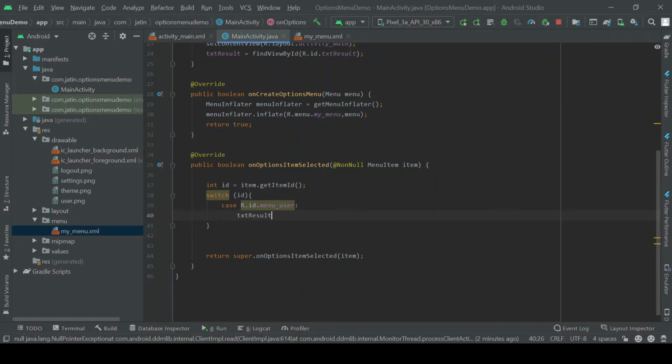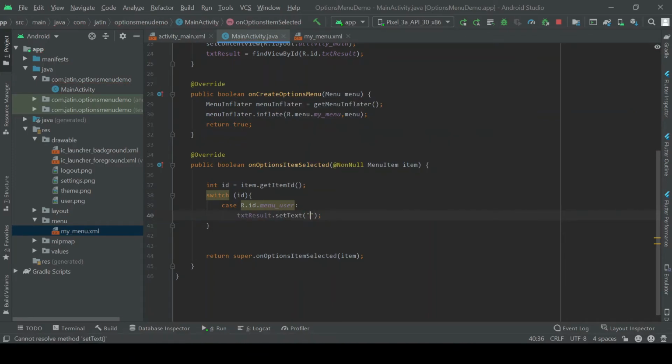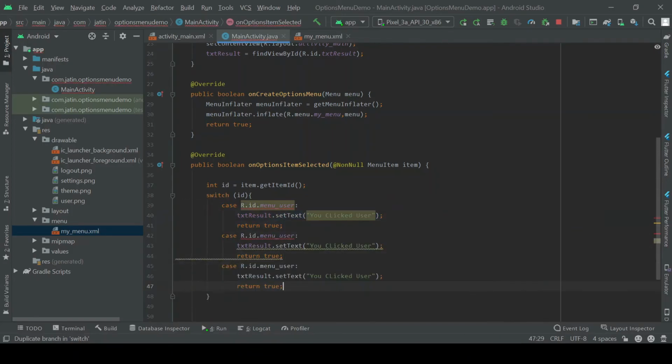If the id is user, simply say setText, "You clicked user". That's fine, and we can return. Return true because we have overridden. We don't need break here since we are using return. In the same way I just copy this case and add the rest of the cases as well.